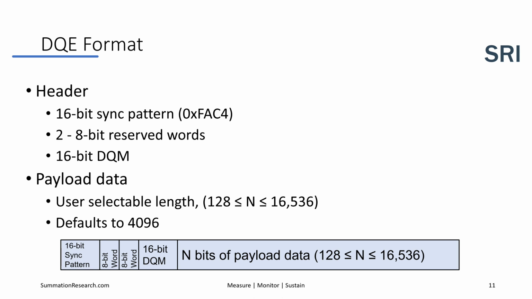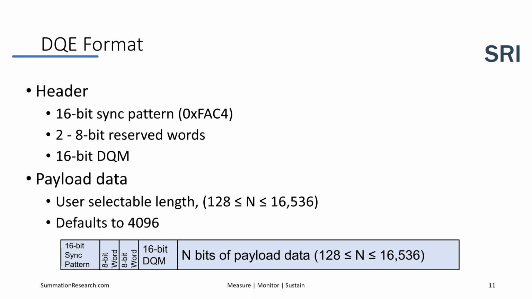The DQE packet begins, as we mentioned, with the 16-bit sync pattern represented by a hexadecimal value 0xFAC4. This sync pattern, transmitted most significant bit (MSB) first, is denoted as the binary number 1111